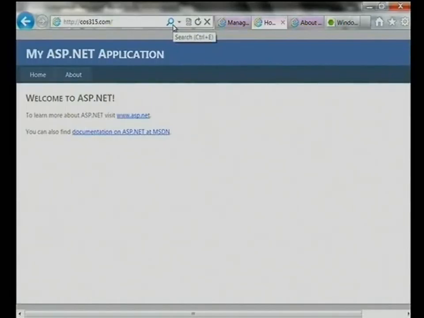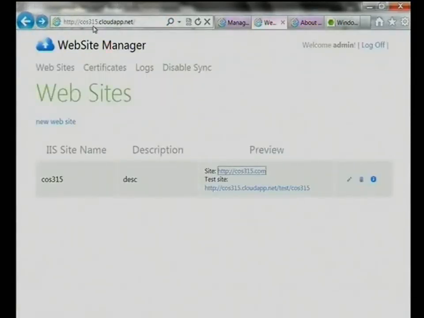In the sense that what you need to do is redirect any traffic that is coming to COS 315 to your actual cloudapp.net address, which I specify in the CNAME. Or in my case, what I did was I went over to my host file and I just set that virtual IP address over there directly. But effectively, if you do that, whenever you type in that URL, it will redirect it to this address over here, cos315.cloudapp.net, and then it will redirect it to the right site.